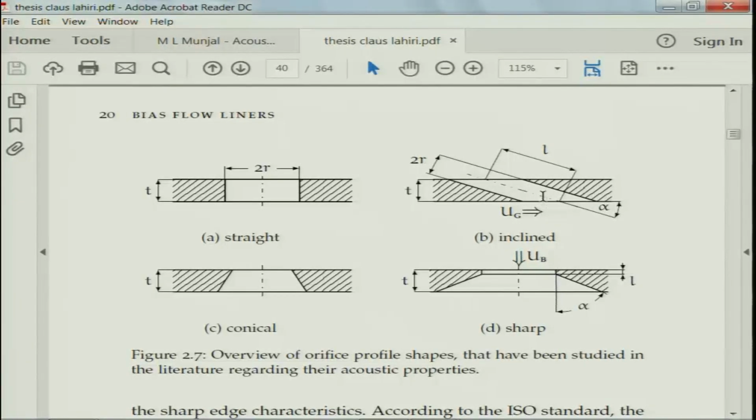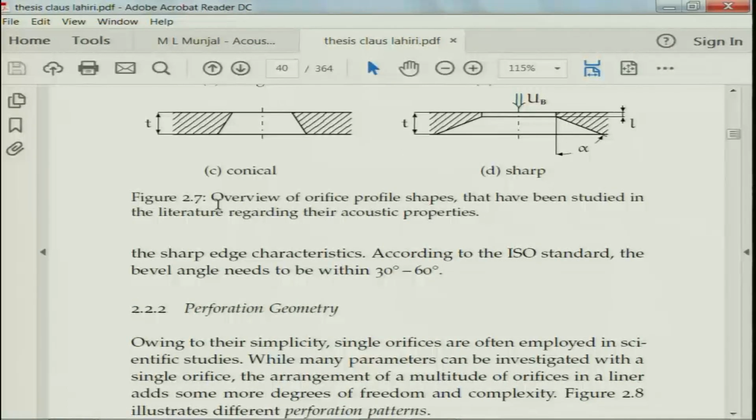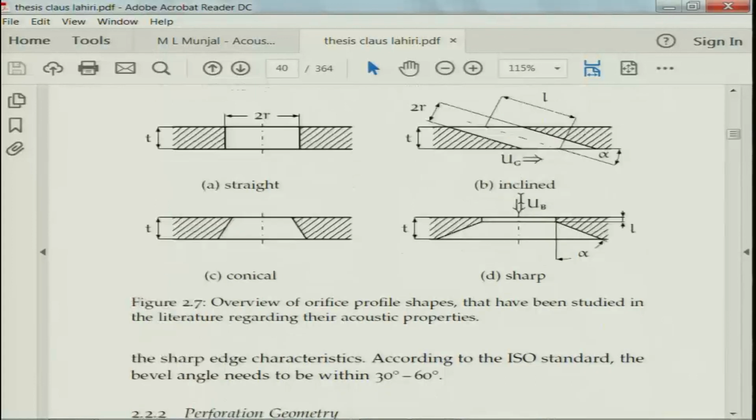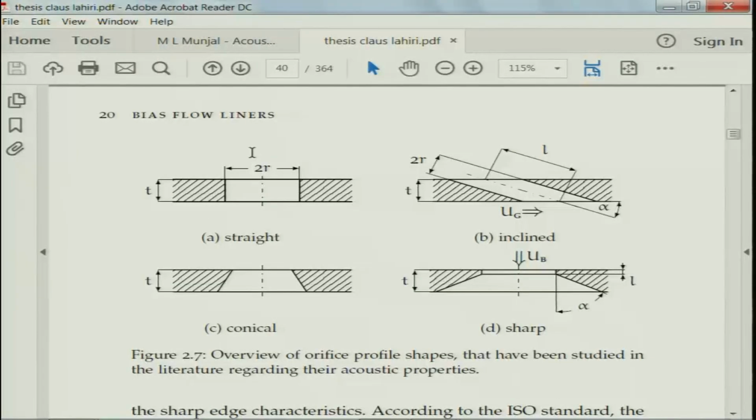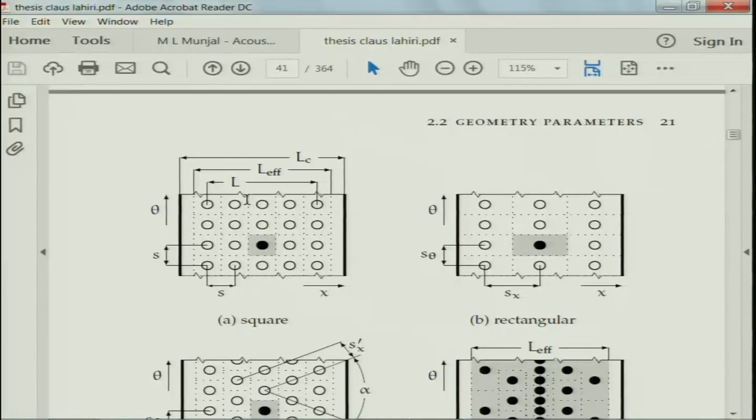So, there are different ways in which the orifices can be cut through pipes of small thickness, maybe 3 mm or 2 mm, 4 mm, something like that. Now, all these will greatly affect the perforate impedance, that is P1. Suppose this is your section P1, this is P2. So, P1 minus P2 divided by rho naught C naught into u star, which is the radial velocity, that is velocity in the direction that I am pointing. All these geometries or profiles have been studied in the literature.